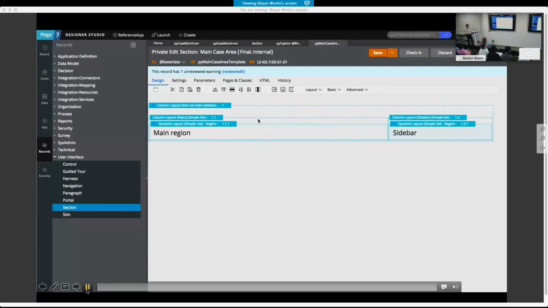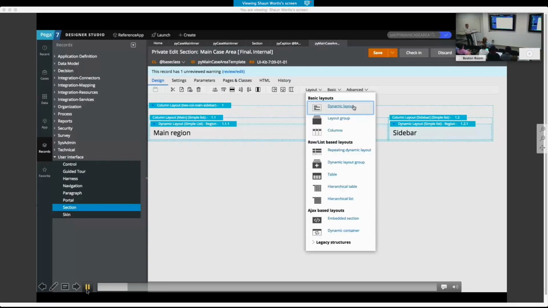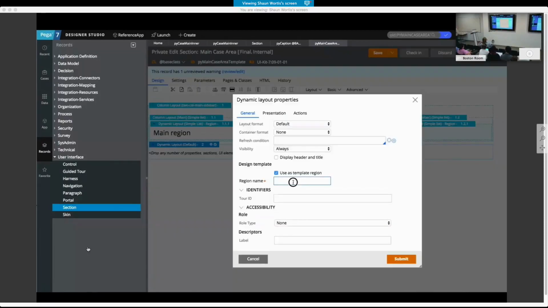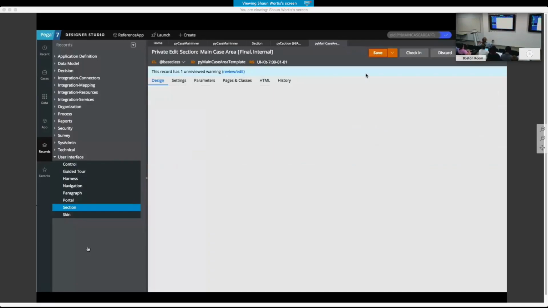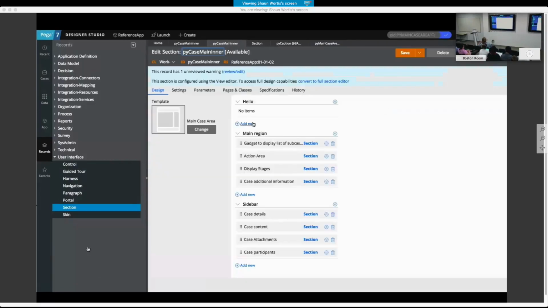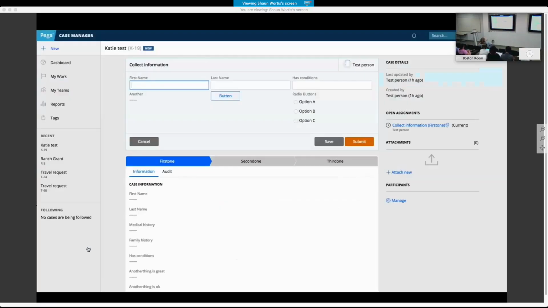No problems doing it. We're going to edit this page template by adding dynamic layouts and labeling them as template pages, and adding hello to the top. And then when we go to a section that references that template, you can see hello is there, and you can add whatever you like to it. So when it's rendered,